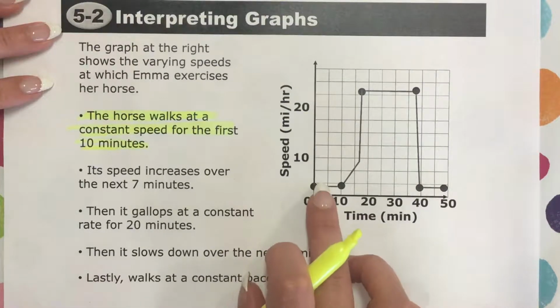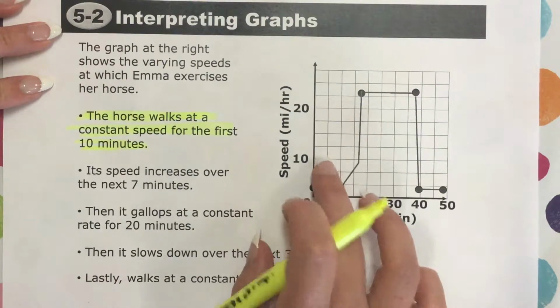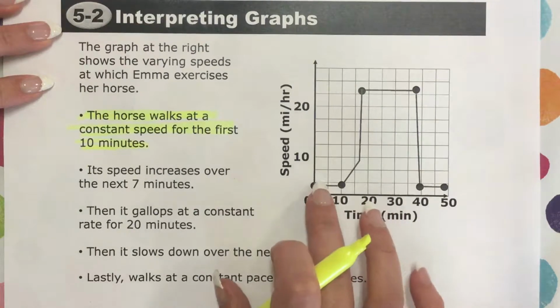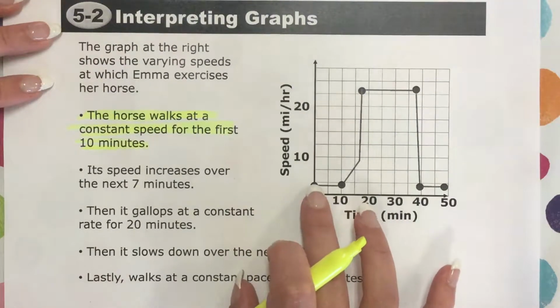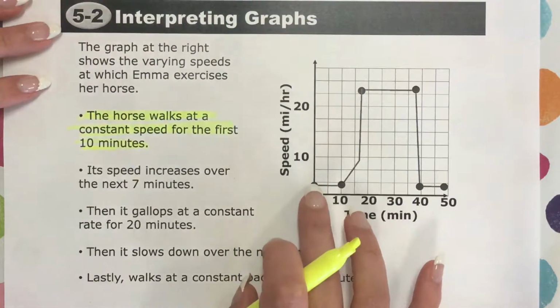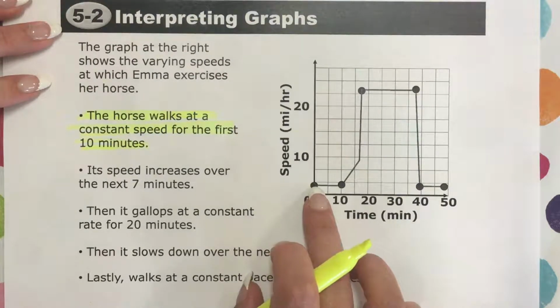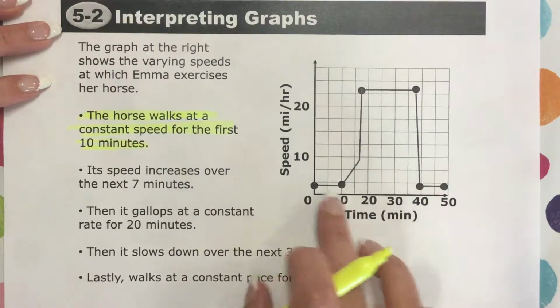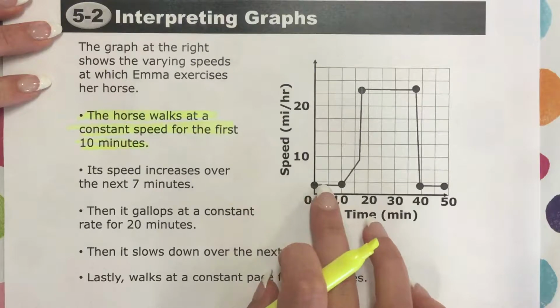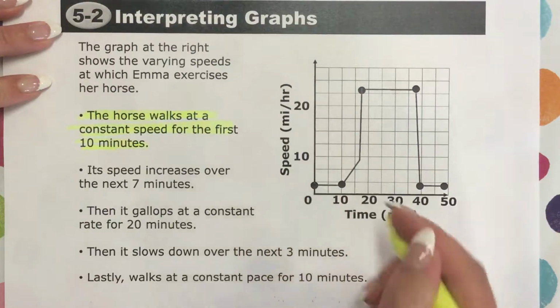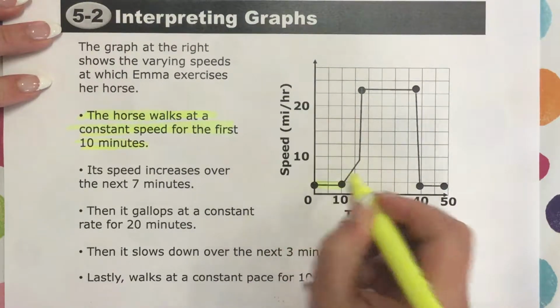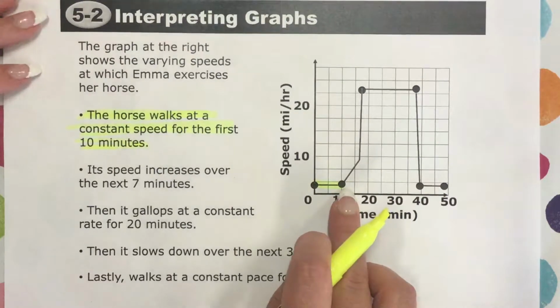It would probably be 10 divided. There's 3 sections, so each of these sections is close to 3, so that's probably a little over 2 miles an hour. And it's walking for 10 minutes, and you see right there it's a constant speed, which means it's going the same speed this whole time, until 10 minutes. And then what happens